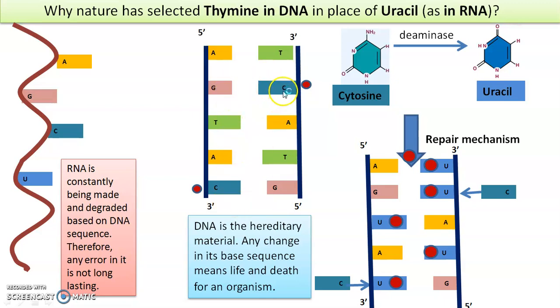Now suppose this cytosine, while the polymerization process, is deaminated and uracil happens to be there. That is an error. So if this kind of error occurs and there was uracil here, the proofreading enzyme would correct it. It would replace it back with cytosine and the pairing would be correct and the DNA would be error free. But if uracil was a part of DNA and not thymine, suppose uracil, as in RNA, uracil was the pyrimidine here, pairing with A.